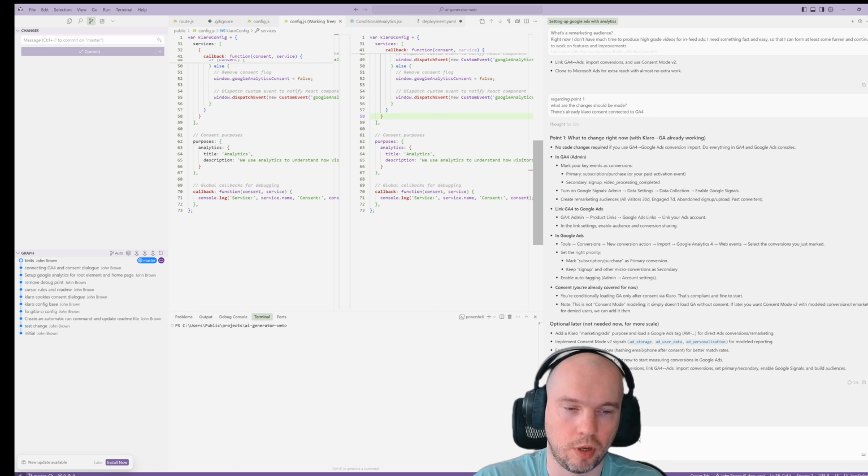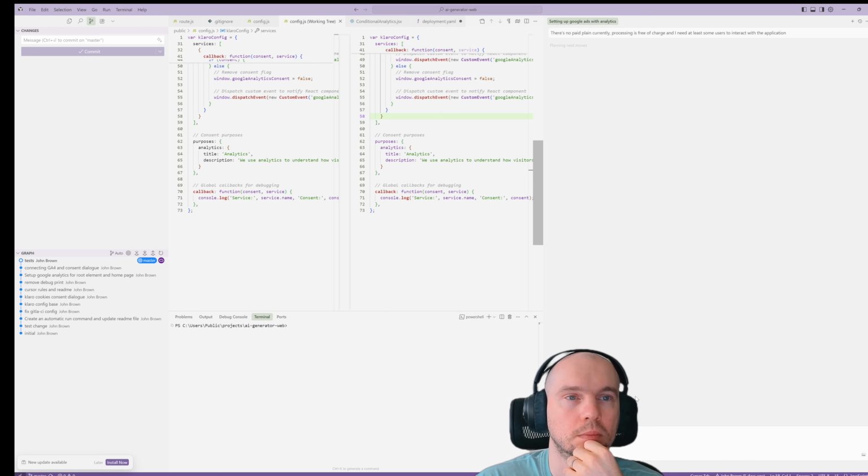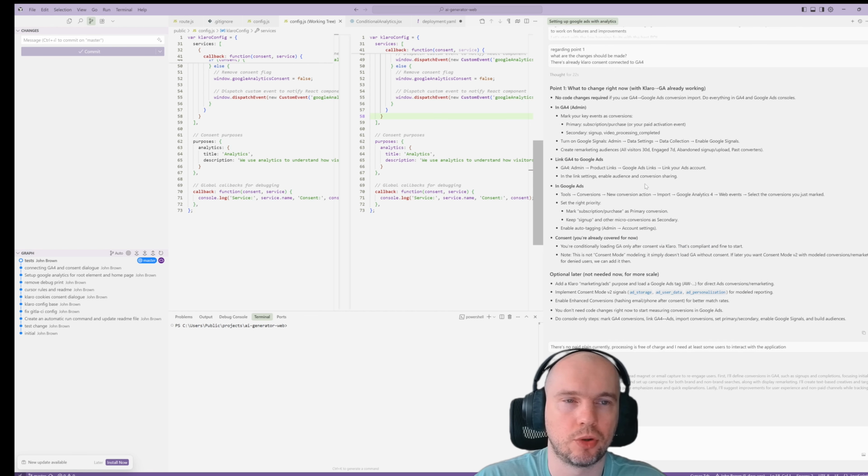Processing is free of charge, and I need at least some users to interact with the application. I guess I'm repeating myself to an extent, but the core thing is that processing is free of charge, so I'm not sure what